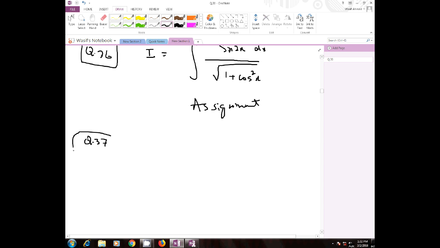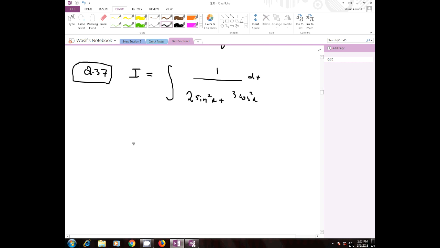Question number 37. This is also a very simple question. In this question you have to integrate 1 divided by 2 sine square x plus 3 cos square x, dx. This question can be solved by multiplying and dividing by cos square x, or